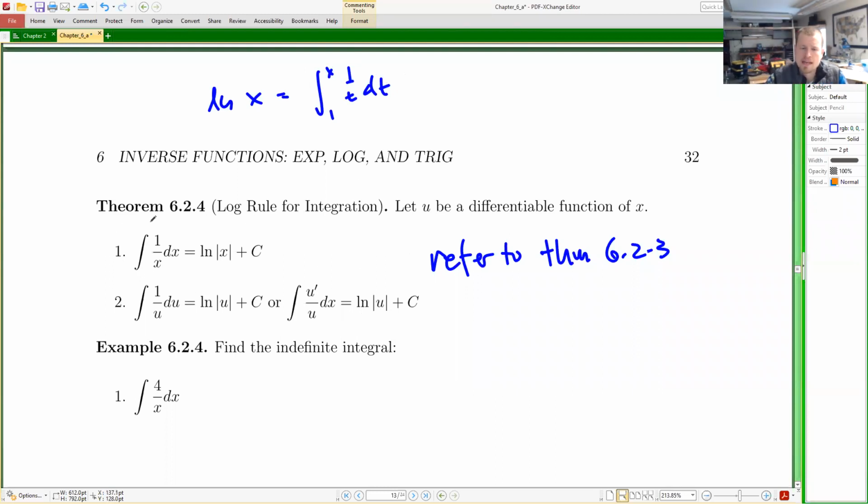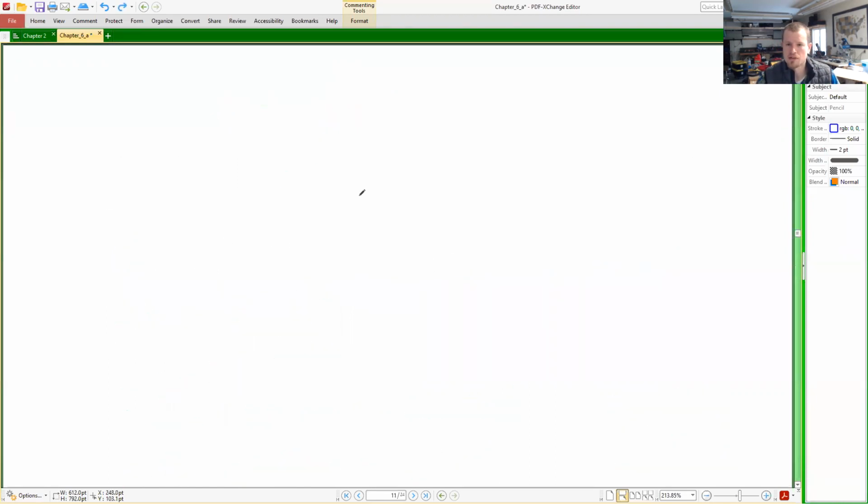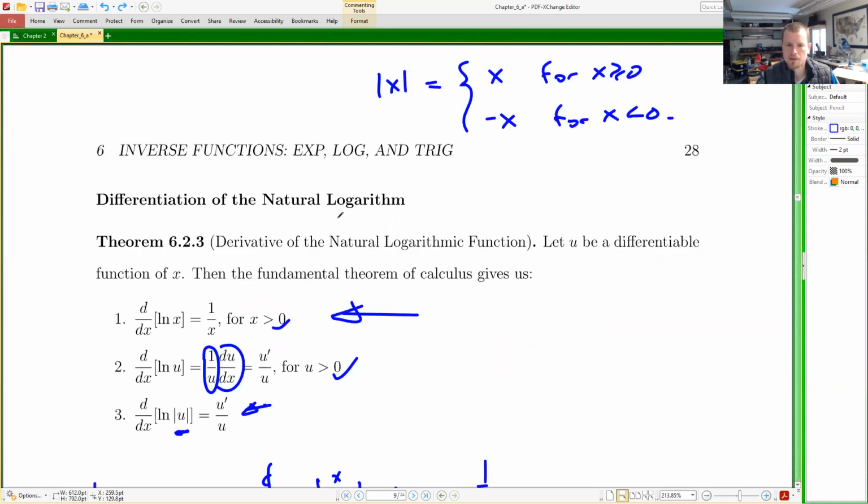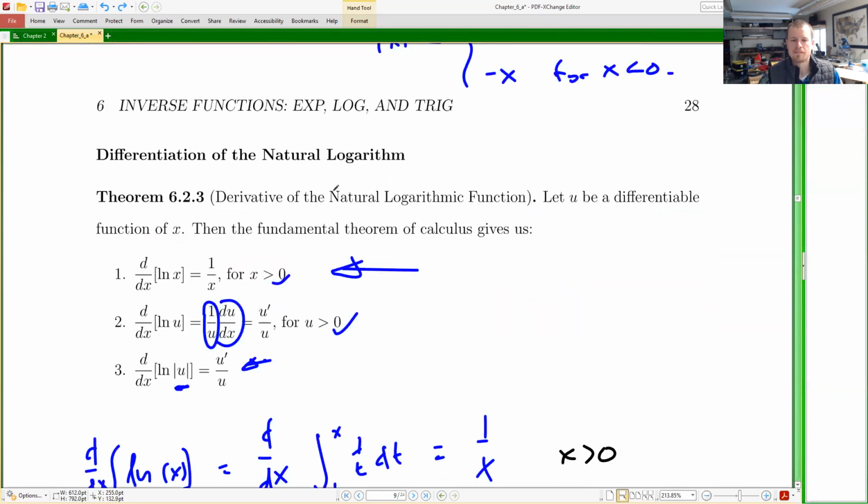So what we're looking at now is the indefinite integral of 1 over x. If we consider the derivative d over dx of this, then we are looking at the derivative of the natural log function, which gives us the 1 over x. So that's excellent. So we want to look at this theorem in reverse. Now, when I integrate both sides,